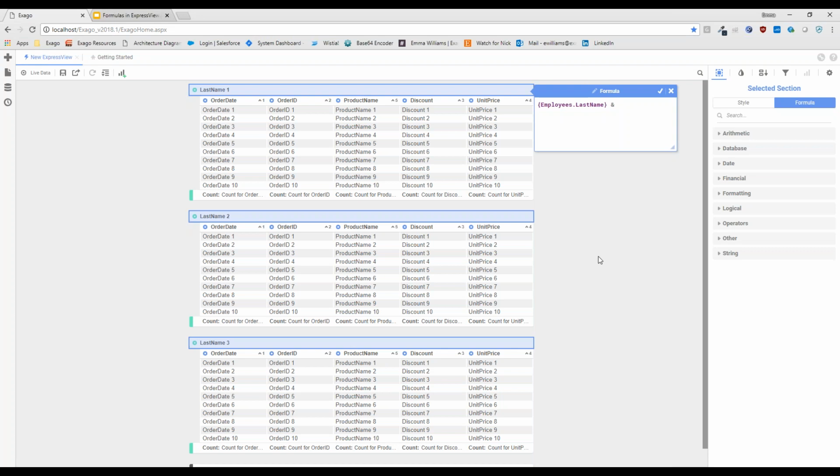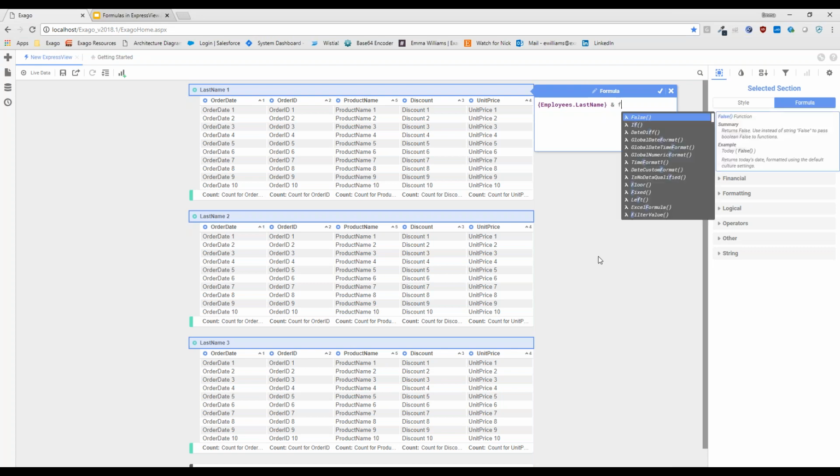Sometimes speaking out loud actually tends to fall into the format that the formula might take. So in this case, I'd like to see the employee last name and the employee first name. Last name is the field already there. We're all set. My ampersand is my shorthand for a concatenation. So this is a little trick. We do have a concatenate function that's used a little bit differently. This is the easiest way to do it. So I definitely recommend using ampersand here.